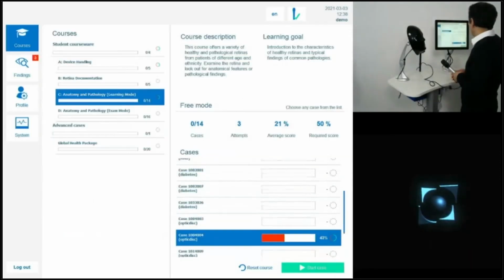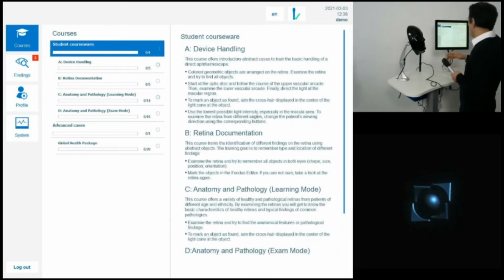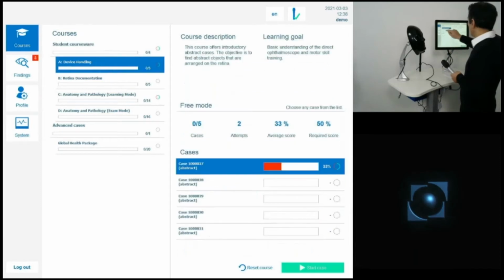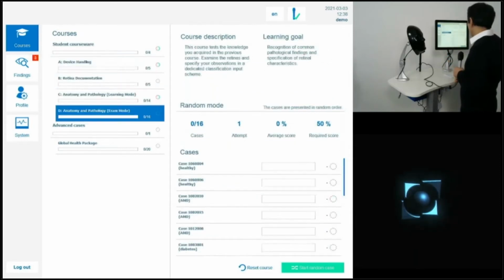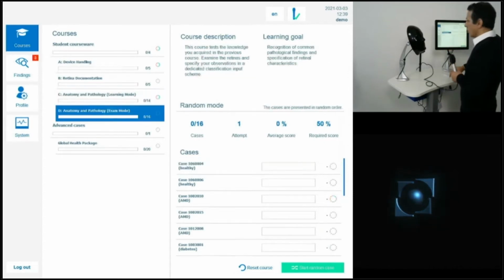Okay. Once I log in, I can see here the courseware structure. This is the 4-tier level, A, B, C, and D. This is the teaching and training mode, and this is the exam mode concerning pathologies. But I would like to start,